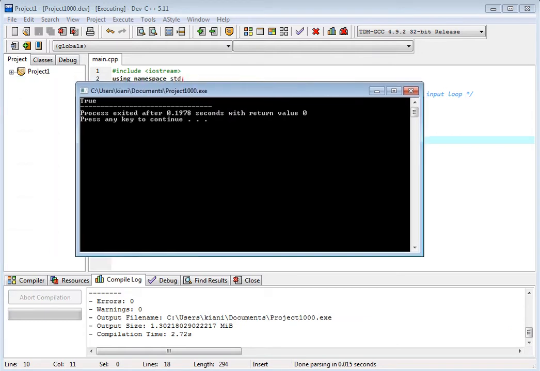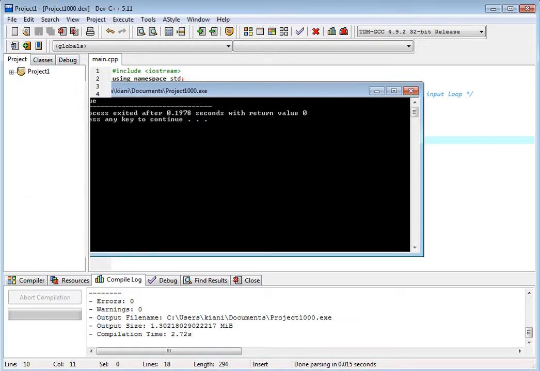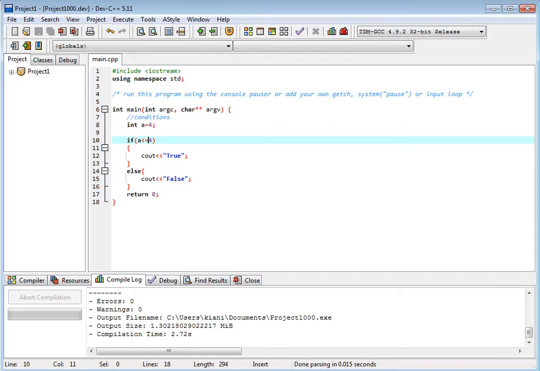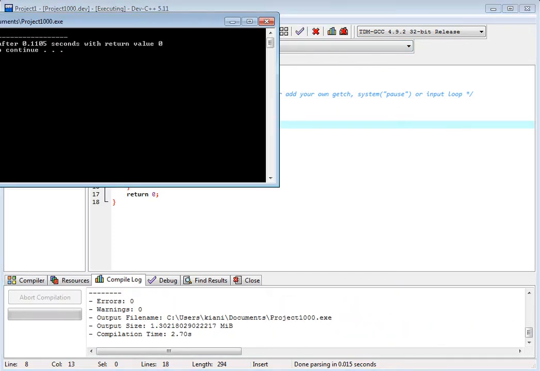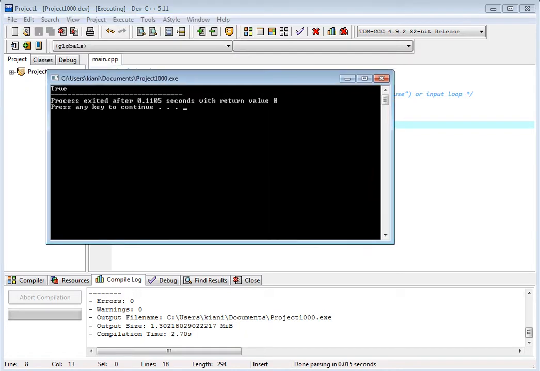This prints true, right? Now if I print greater than 4 and I use 10, so 10 is greater than 4, it will print true.